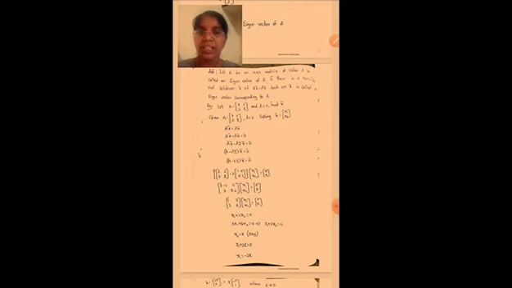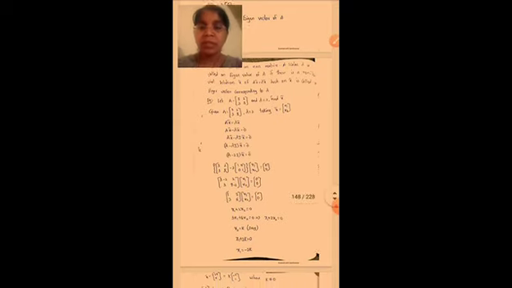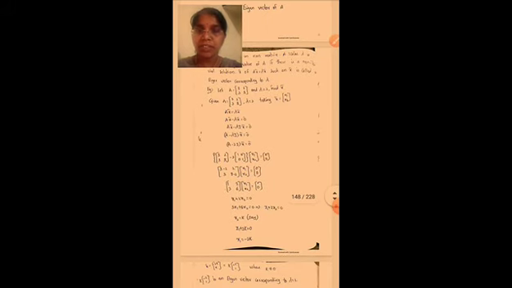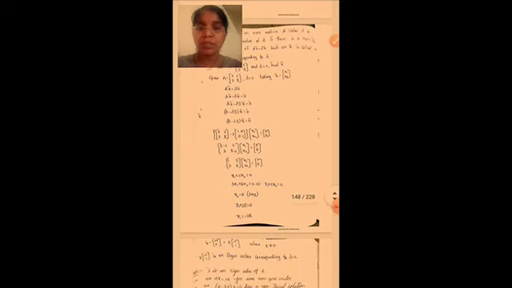We know the condition A x bar is equal to lambda x bar. So I am taking lambda x bar to the LHS side. So A x bar minus lambda x bar is equal to 0 bar. A x bar minus, I am writing here, lambda I into x bar is equal to 0 bar. Here I am taking x bar outside. So (A minus lambda I) x bar is equal to 0 bar. We know that lambda is equal to 2. Substitute lambda is equal to 2 in the above equation. So (A minus 2I) x bar is equal to 0 bar.